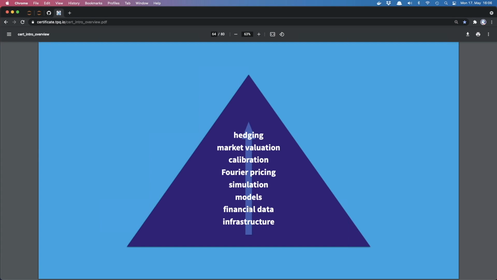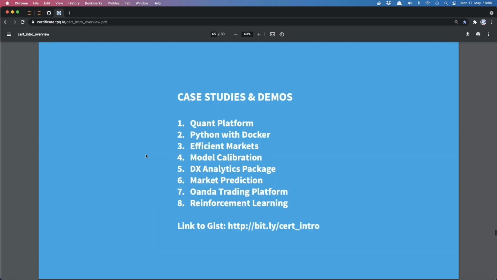So if we don't do some simplistic model-based simulation with sample parameterizations, we need financial data as input, option prices for example. Then the models that we calibrate, then we can simulate calibrated models in this context. So that's the basic idea. We end up with hedging, and maybe in the context of DX analytics also the management of portfolios. Now we come to the case studies and the